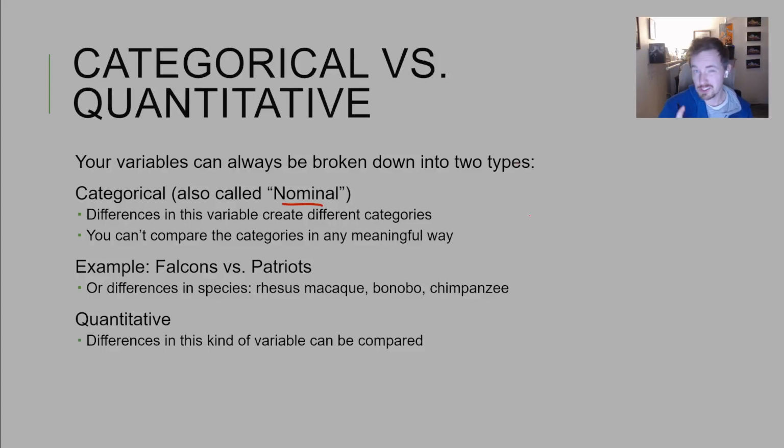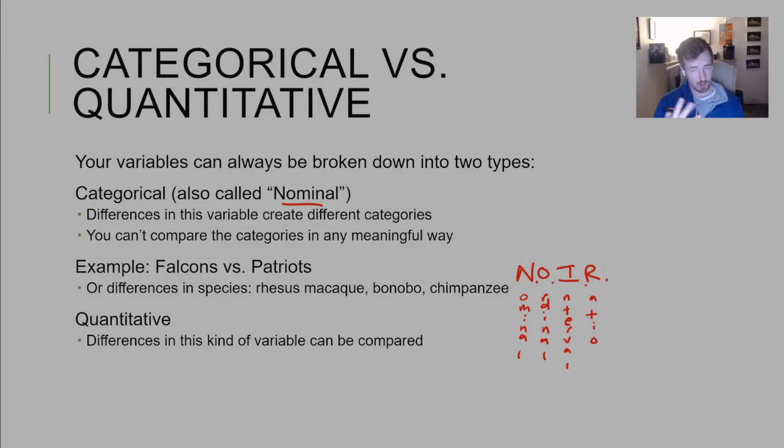So one trick before I move into the next couple of slides, that really helps me, is that the scales of measurement, you can break this off into the acronym NOIR, N-O-I-R. And that's going to be nominal, ordinal, interval, and ratio. And so that tells you what the 4 scales are, but it also tells you the order of